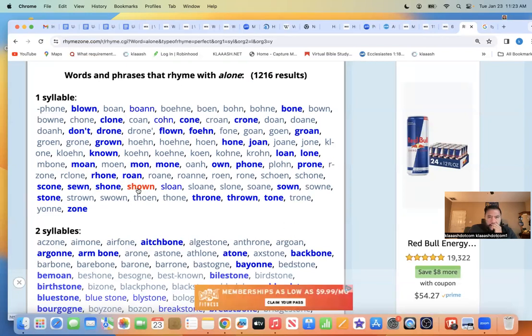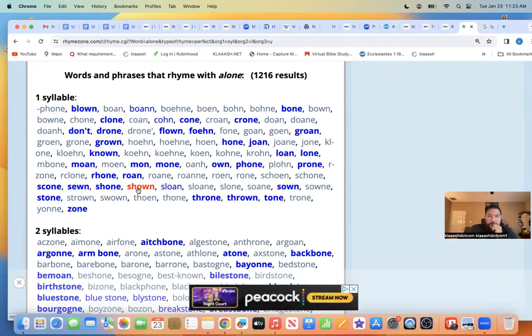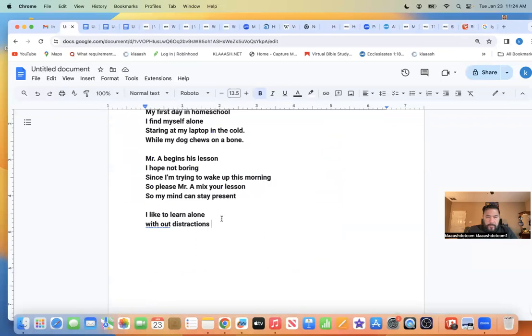Okay, because I get to stay home, comfortable at home. So let's assume that we're gonna go, because I noticed the word right here, home, right? Let's see, phone, own, roam. So you look at all these words and find out what you want, right? I like to learn alone without distractions. Comfortable, I'm comfortable at home. Comfortable here at home.